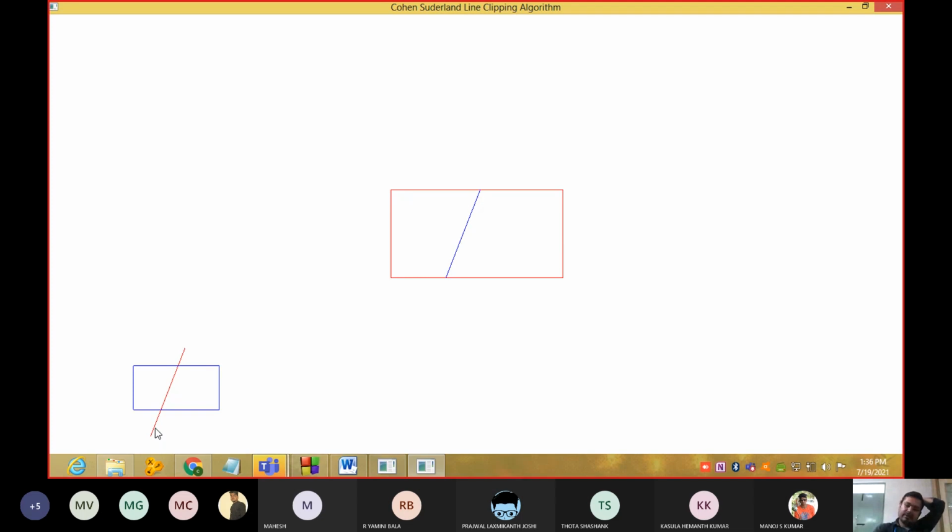So this is x0 comma y0 and this will be x1 comma y1. And we need the boundaries of this one, that is x minimum, y minimum, x maximum, y maximum.